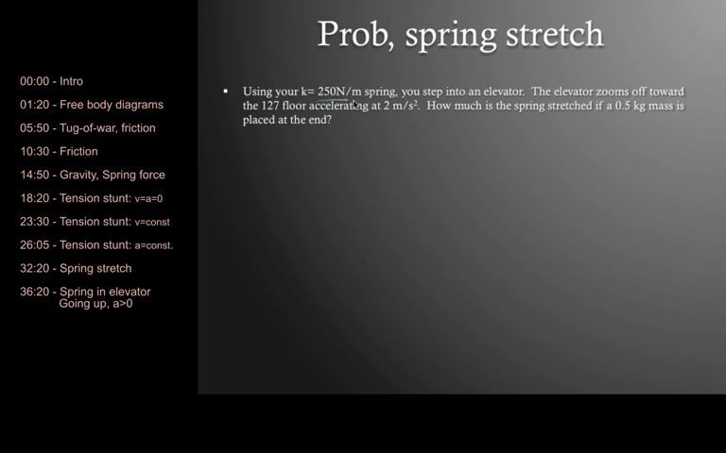Here we have our same spring, but now we get into an elevator. Whenever you see an elevator problem, that means you need to really be paying attention to these accelerations. Or is your acceleration 0? Is it up? Is it down? Make sure that you label where your plus x direction is. Make sure you label which direction this acceleration is. So now you're zooming off from the ground floor up to 127 floors, and you're accelerating at this 2 meters per second squared. Great. So we are hanging this